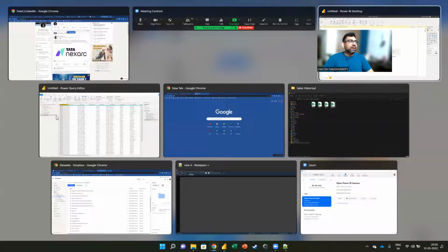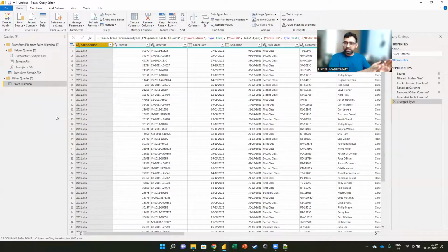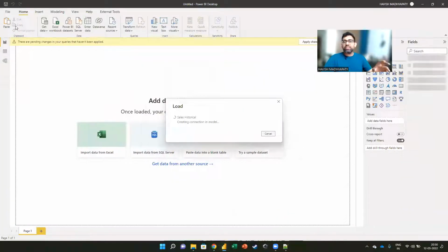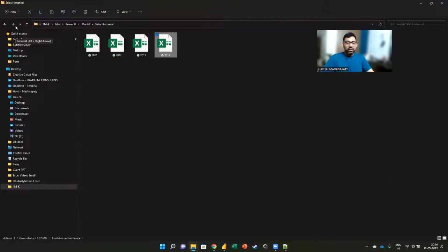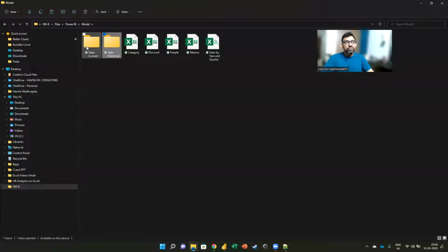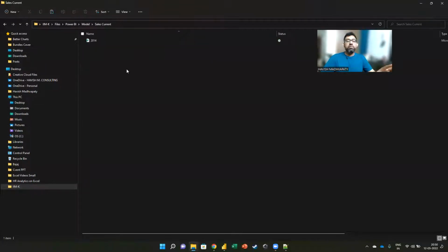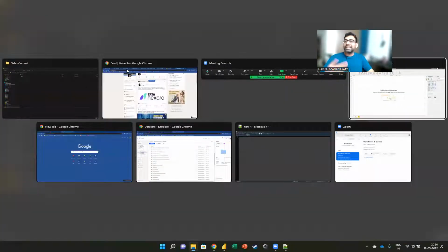Okay. All right. Now we have seen the combination of multiple files. I also showed you that it will work even if the files are not the same format. But remember, that part will be a little more complex. Anyway, I want to show you something else. Now imagine that I also wanted to get the data for the next year. That means that in my folder, I have another folder which is 2014. But there's a slight problem here. The problem is the data is not the same, which I'm sure all of you will agree with, that the data keeps on changing.